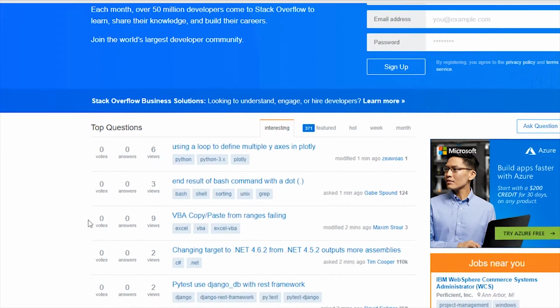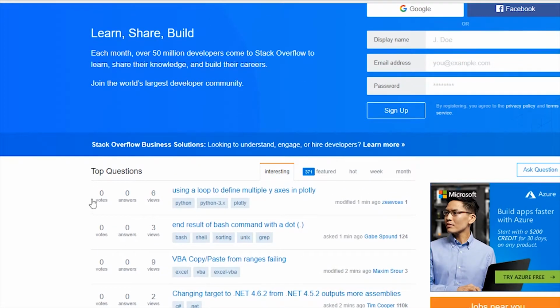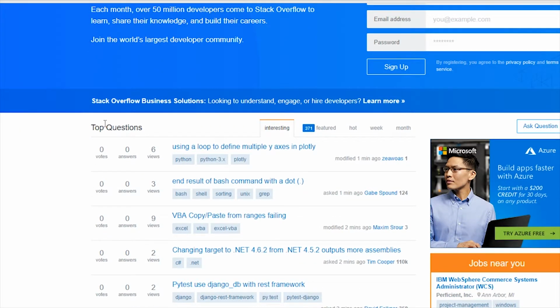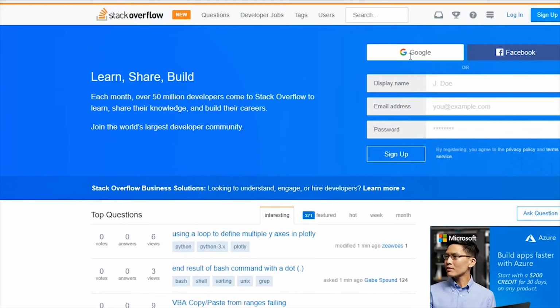So anyways, as you can see down here, it's kind of like Quora almost. It's like Quora for programmers. You basically ask your questions, or you can search for a question in the search bar, and you can pretty much find what you're looking for. So for example, if I'm having trouble using the size member function for my vector, I could just simply type in "determine size of vector,"